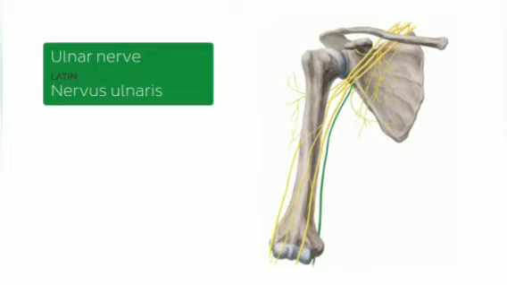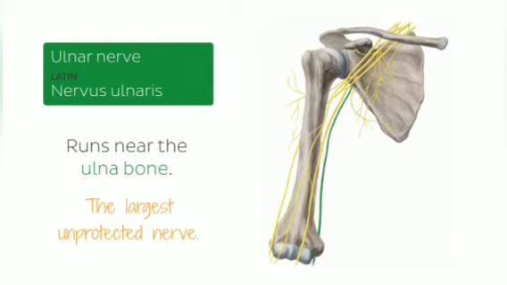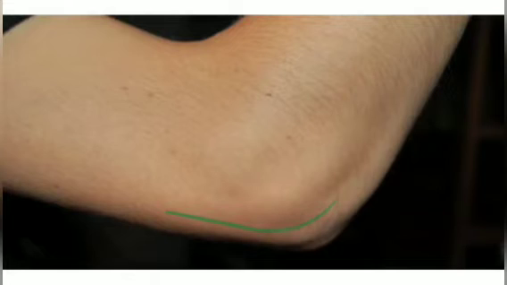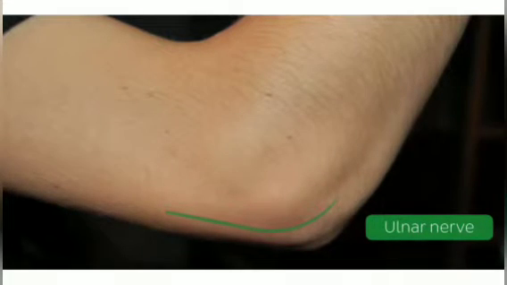This is known as the ulnar nerve, which runs near the ulna. Now, this nerve is the largest unprotected nerve in the human body, meaning that there is no muscle or bone covering it. So it's quite superficial. It's quite close to your skin. So injury is commonly associated with the ulnar nerve. Now we're seeing here an image of the elbow, so I can just have here an outline of the ulnar nerve to show you that this nerve is trapped between bone and the overlying skin at the elbow, and bumping